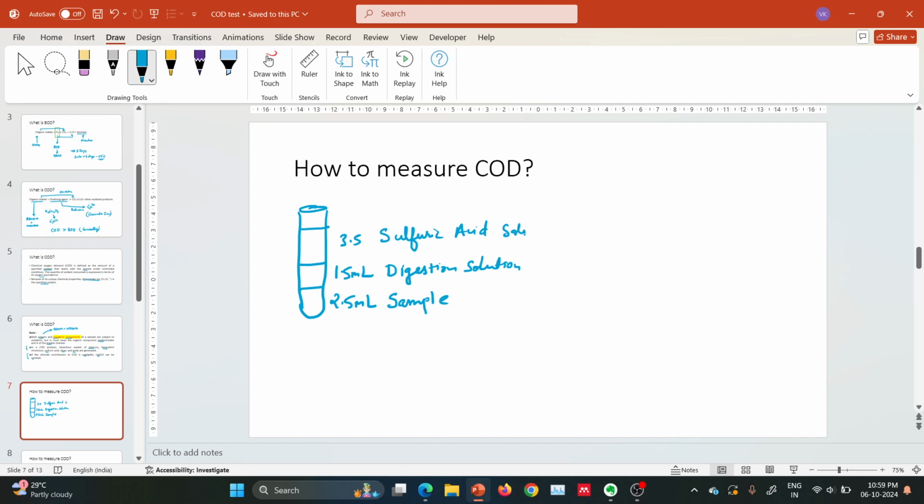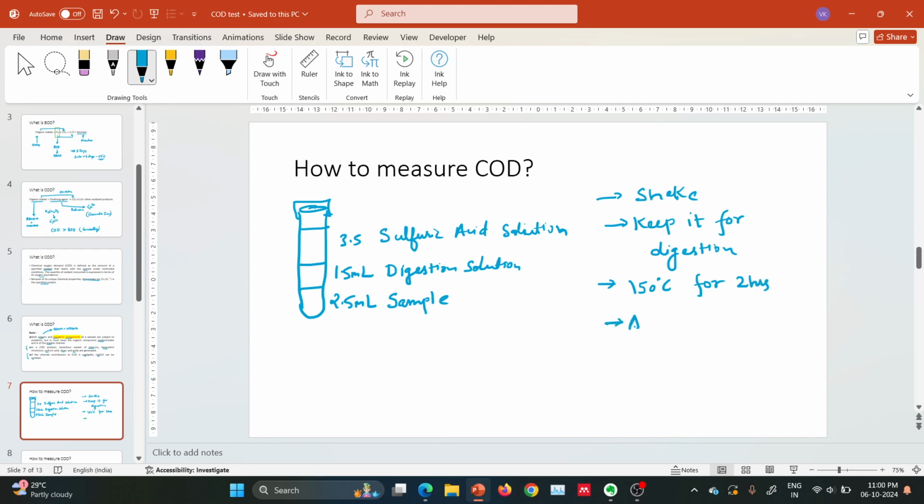Acid solution. Then we will close it with cap and you will shake it. After shaking it, you will keep it for digestion at 150 degrees Celsius for 2 hours